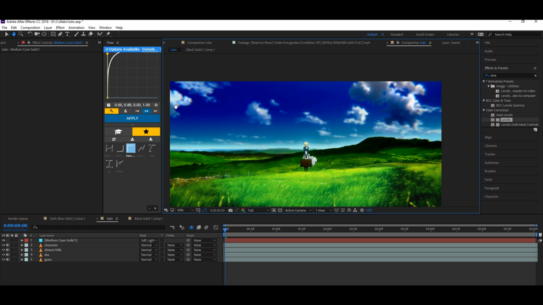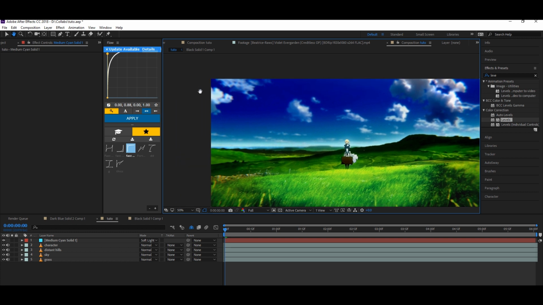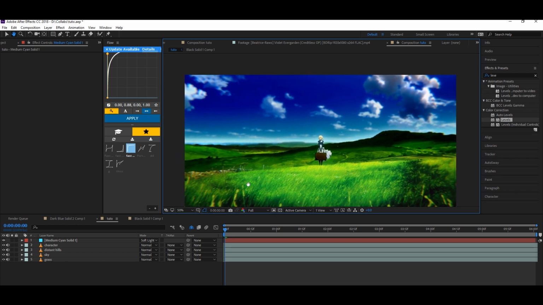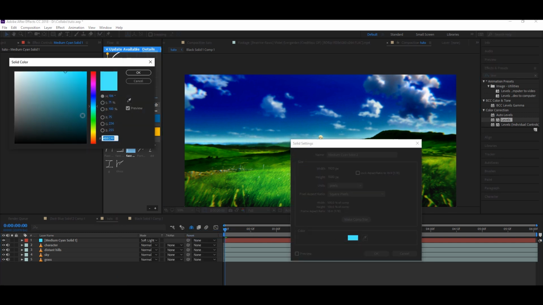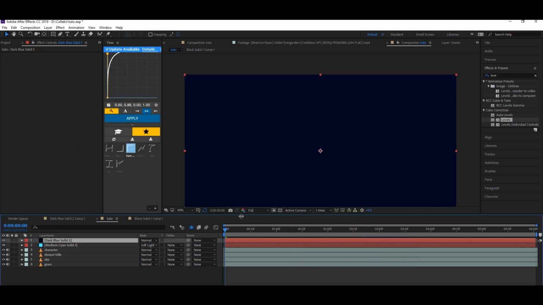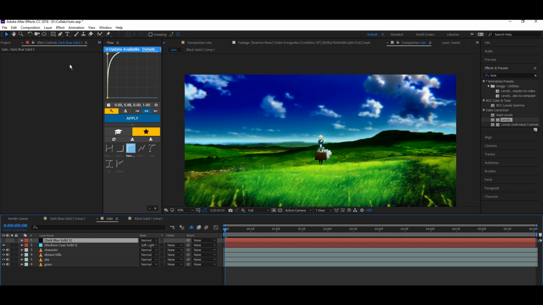So again, now for the shadows, we want this part of the sky to be dark. You can see this above part, in a night scene it would be like a blackish one. So I'm just gonna make a new solid. I'm gonna choose a color, something like a darkish blue, something like this. And again, I'm gonna hide this. I'm gonna make a rough mask